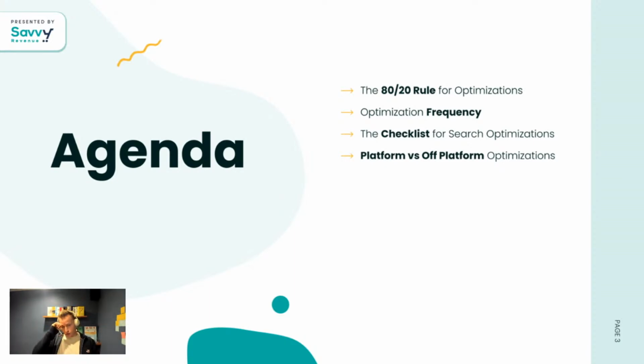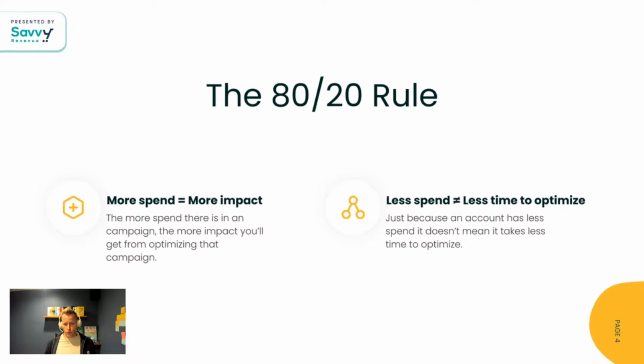We're going to go through 4 key things: 80-20 rule for optimizations, optimization frequency, checklist for search optimizations, and platform versus off-platform optimizations. So the 80-20 rule: the more spend a campaign has, the more impact it will have when you're optimizing it. Way too often I see PPC specialists